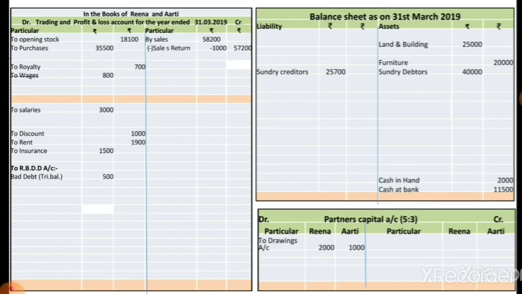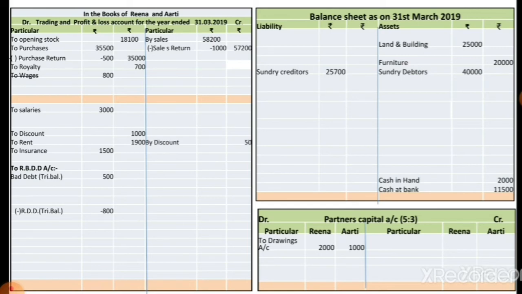Okay, next one is the sundry creditors. It is a current liability, recorded on the balance sheet liability side. Purchase return we deducted from the purchases on the trading account debit side, minus 500, so the balancing net purchase amount we recorded in the outer column, that is 35,000. Okay, next one is the RDD in the trial balance. So in that particular format of profit and loss account we put the amount of RDD, so less RDD in trial balance, inner column 800.